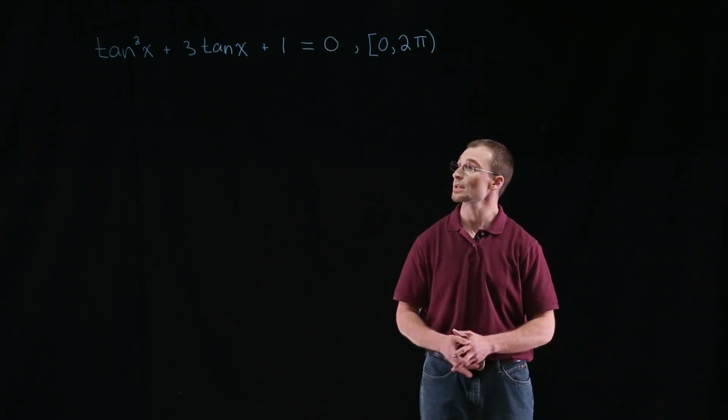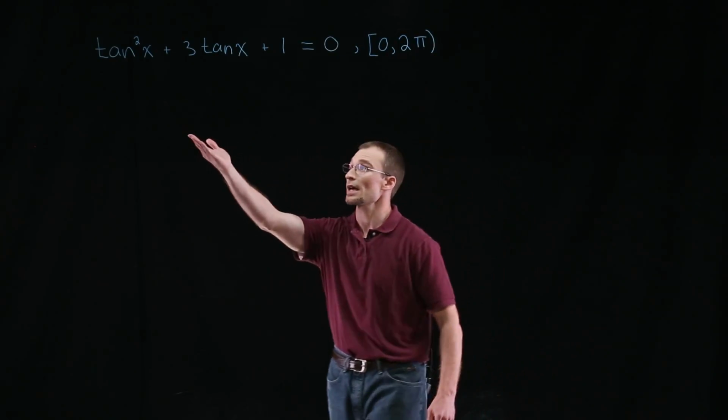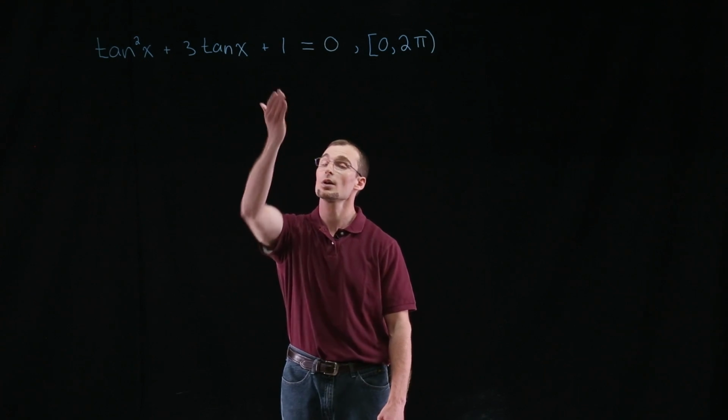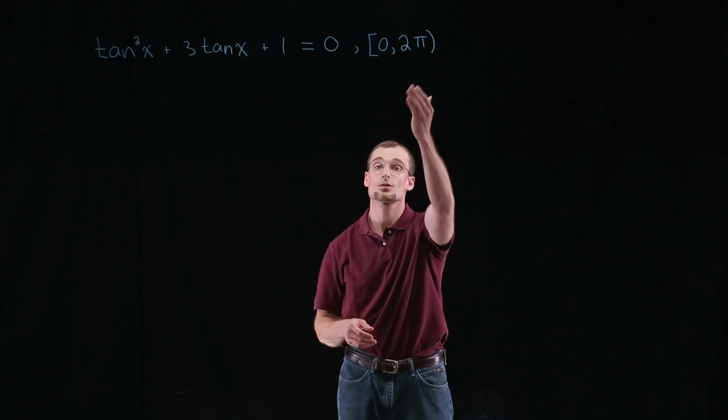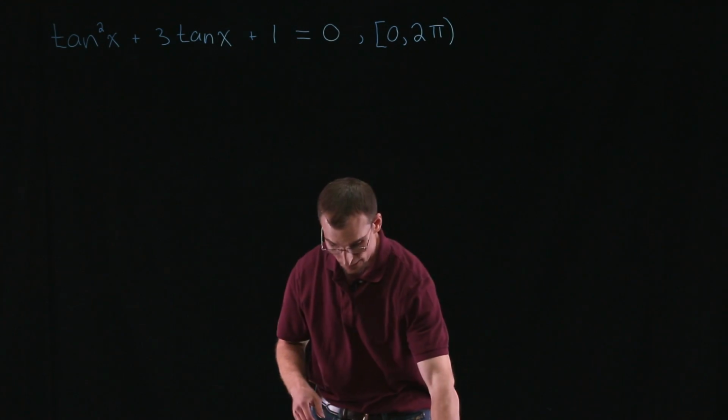Hi everyone, I'm Adam, and in this problem we're going to be solving the quadratic equation tangent squared x plus 3 tangent x plus 1 using the quadratic formula and finding all solutions on the interval from 0 to 2 pi. So starting,